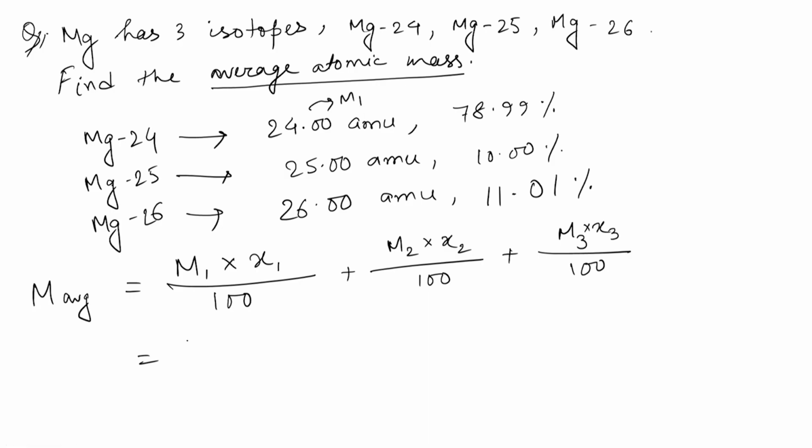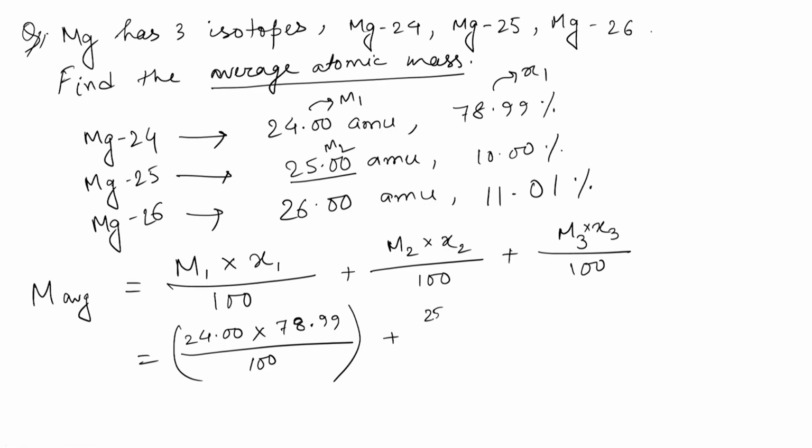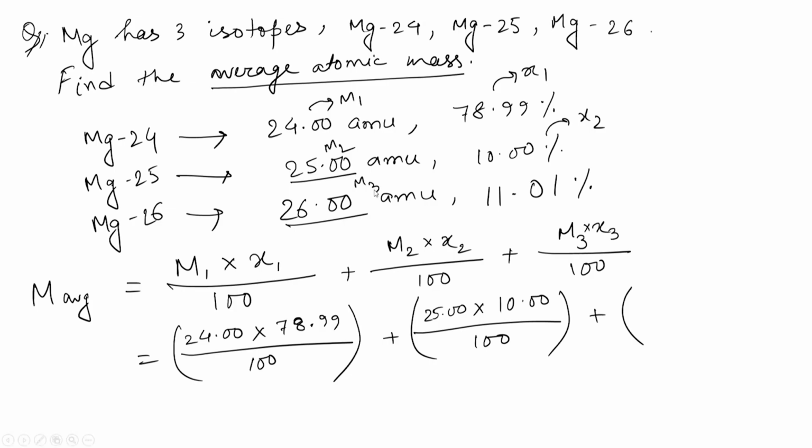M1 is 24 into x1 is 78.99 divided by 100 plus M2 is 25 into x2 is 10 divided by 100 plus M3 is 26, 11.01 is x3 divided by 100. So, this comes as